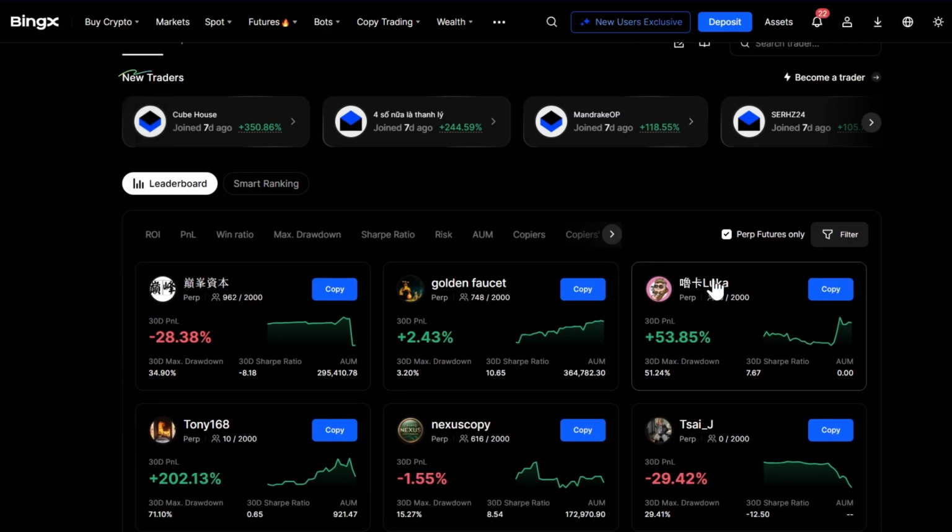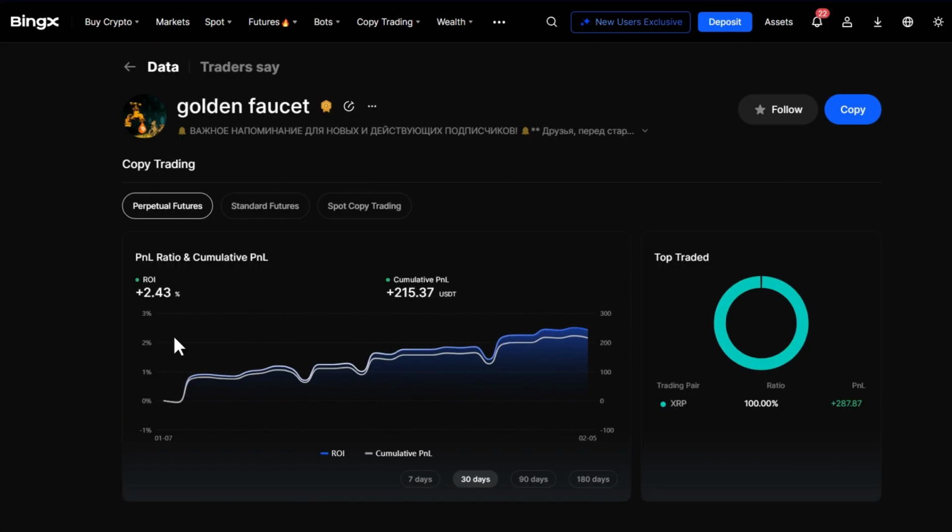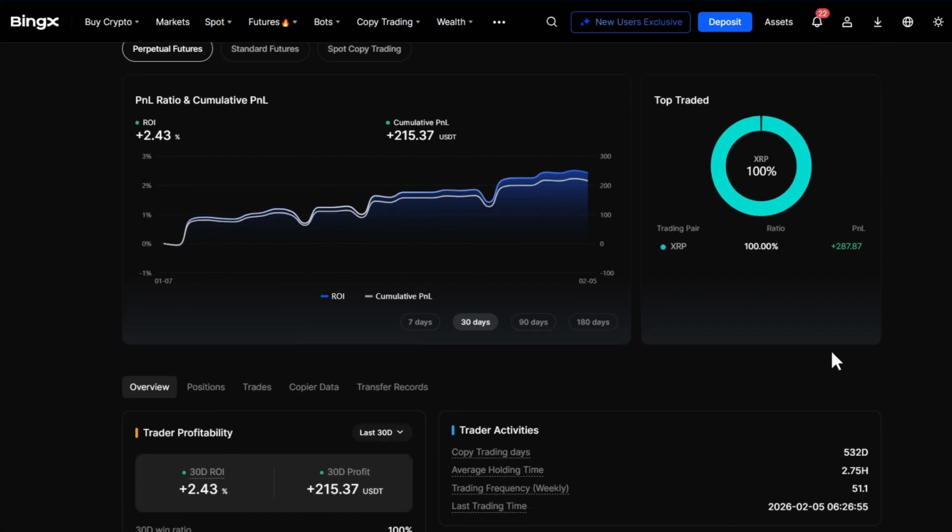Alright, so let's say you found a trader you're interested in. Click on their profile and you'll see a ton of detailed information. Let me break down what actually matters. First, you'll see their P&L ratio and top traded coins. This shows you which cryptocurrencies they focus on. I personally prefer traders who stick to major coins like Bitcoin and Ethereum because they're less volatile and less risky